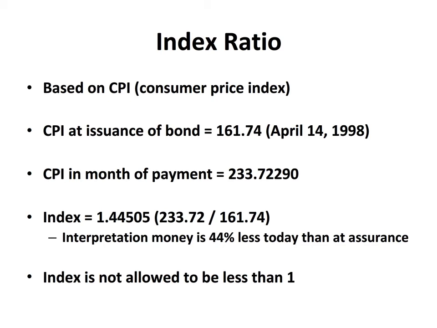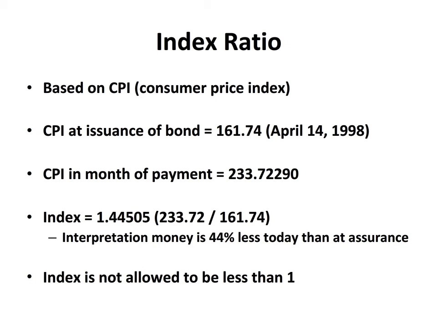The way CPI is used in the TIPS calculation is that the CPI is found at the issuance of the bond. In this case, the CPI for this bond was 161.74, and that's on April 15th, 1998. So on that April 15th day when this bond was issued, the CPI, as reported by the federal government, was 161.74. The CPI in October 15th is 233.7229. So we go find the CPI in the month of the payment, and we calculate the index. Here the index is the CPI in the month of the payment divided by the CPI in the month of the issuance, so we get